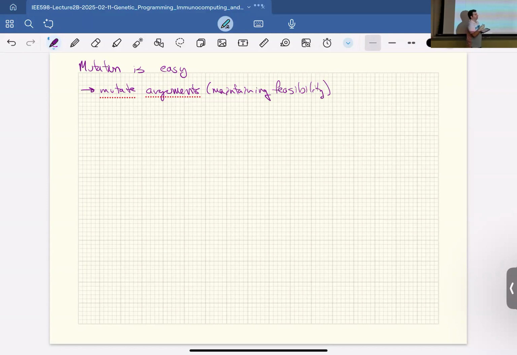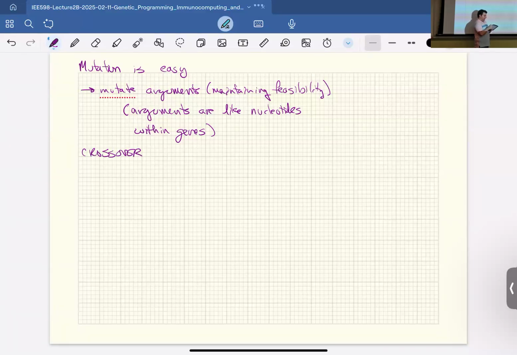You can almost think of the arguments as nucleotides within genes. And then for crossover,